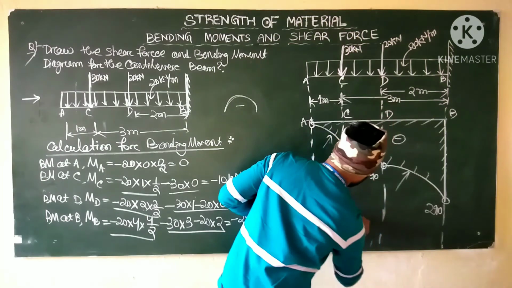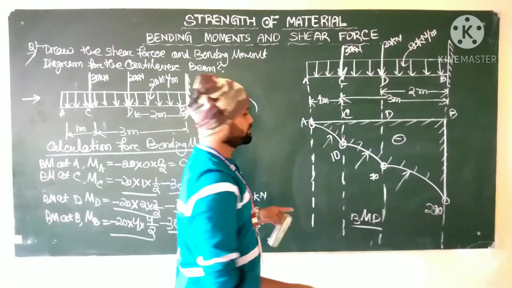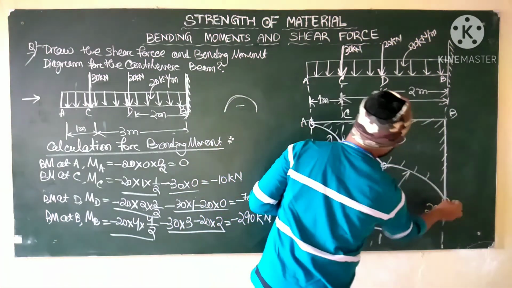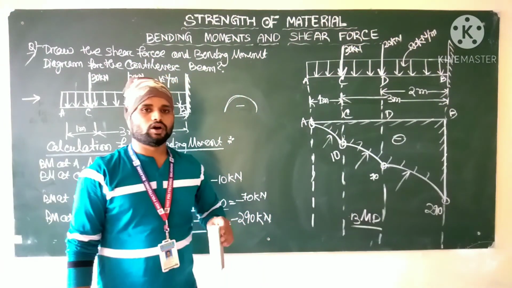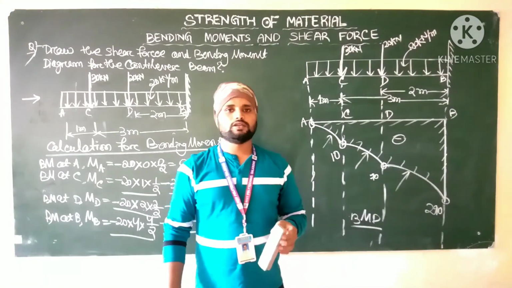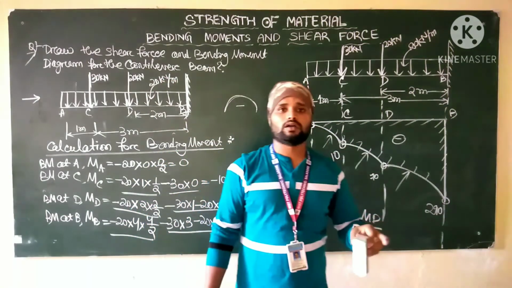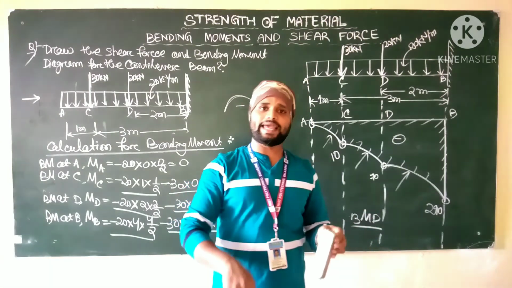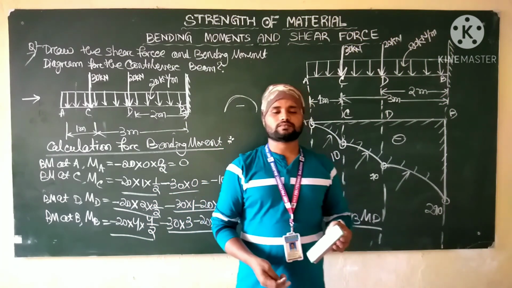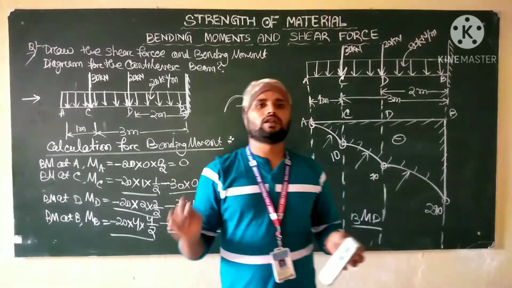So this is the bending moment diagram, BMD. Shear force diagram, SFD. These three are parabolic curves, this is a parabolic curve, and this is a parabolic curve. This is all about your cantilever beam along with uniformly distributed load, and again we will solve a cantilever beam with UDL along with point load. In the next class we will study cantilever beam with uniformly varying load or gradually varying load.